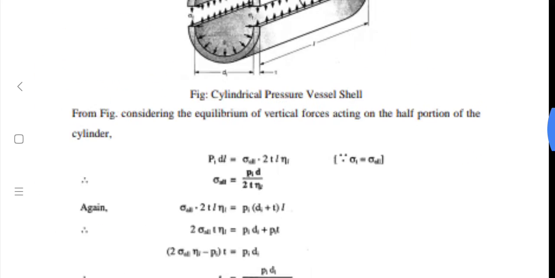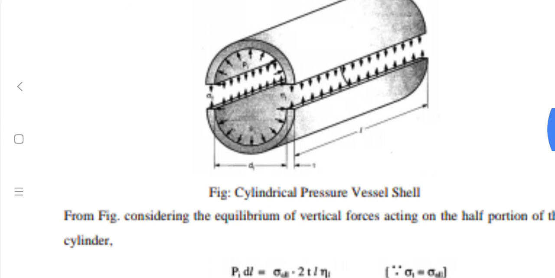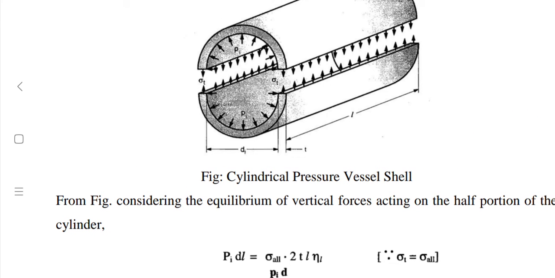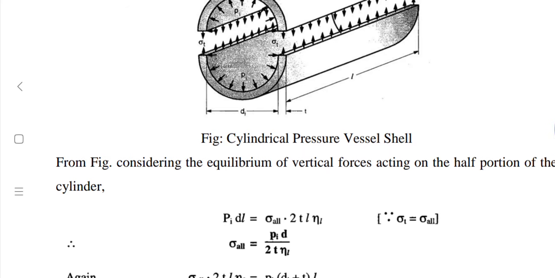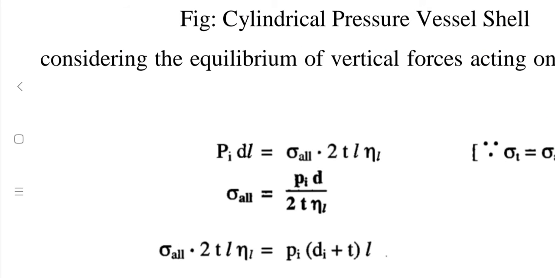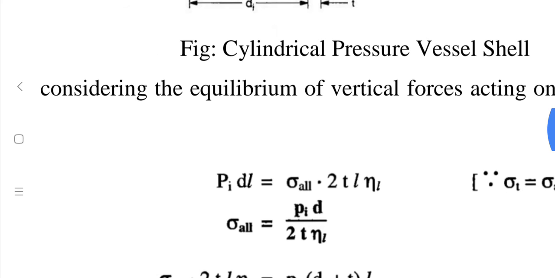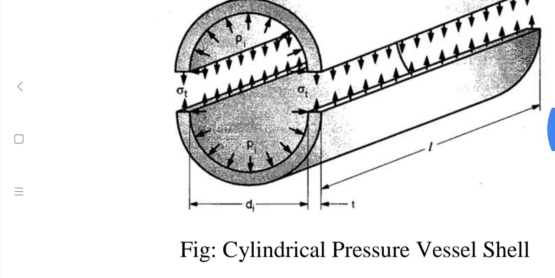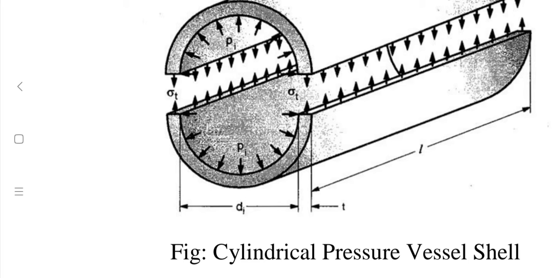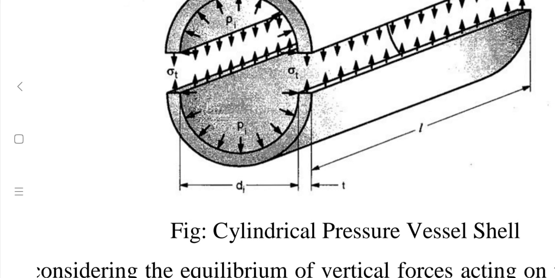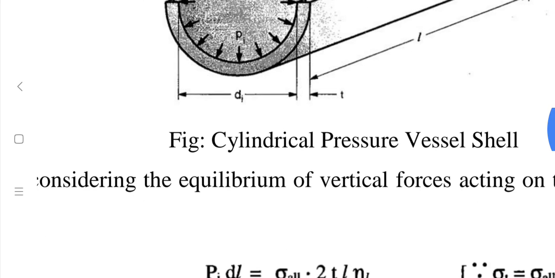Now, considering the equilibrium of all the forces, first force is force generated by pressure, that we can say as pressure force. It is Pi into Di L. As we know that the basic formula of pressure is force per unit area. Accordingly, the pressure force on the left hand side is Pi into Di L, where Pi is internal pressure, Di L is the area where this pressure force acts, that is product of Di into L.